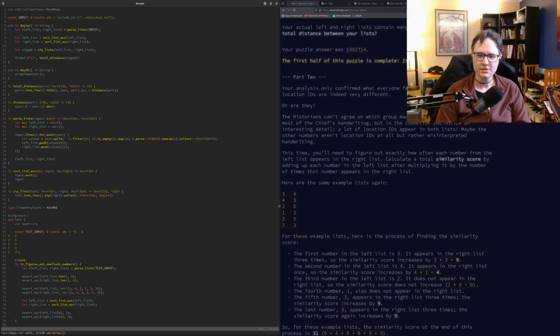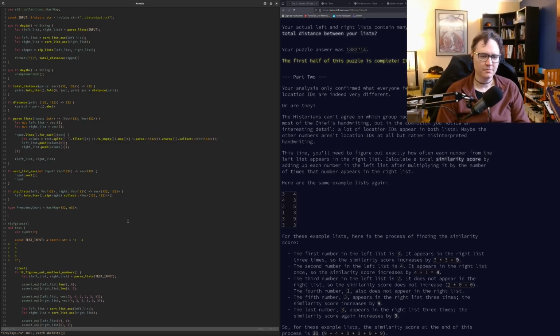The key is this number, so that's an I32, and then the count is actually a U32. We'll just make that simple. Technically it's a usize, but we won't deal with that because the math can start getting a little odd. I'm going to keep it with I32.